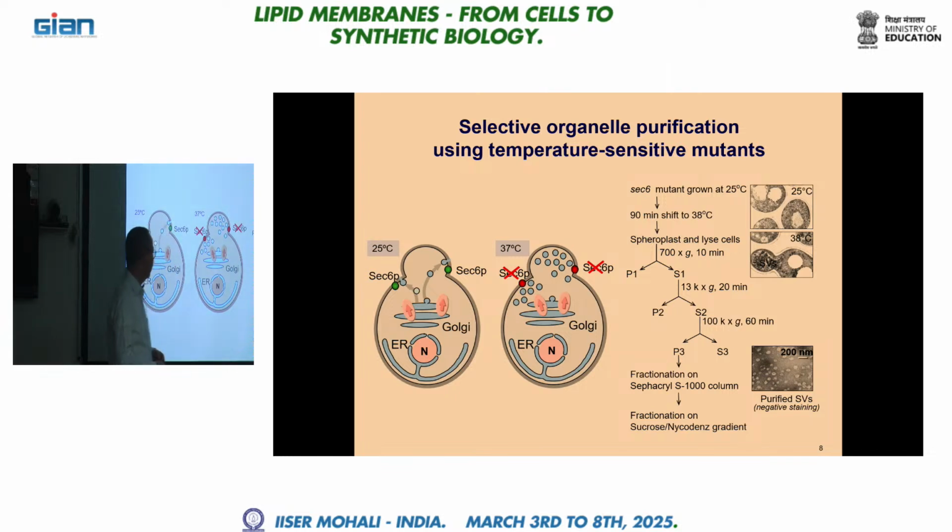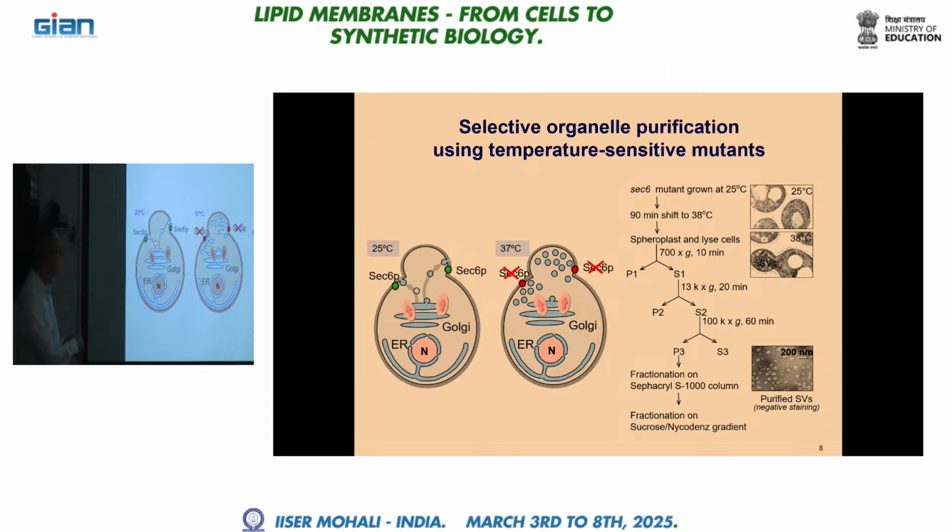And that's here one example. You have here a protein, it doesn't matter the name, it's a protein that is important for the docking and fusion of vesicles. And this protein carries a mutation that keeps it functional at low temperature. But when you move these cells to a higher temperature, the function of this protein is lost. So that means you can grow your cells under low temperature conditions, and in the moment where you move them to a higher temperature, the function is lost, and now all the